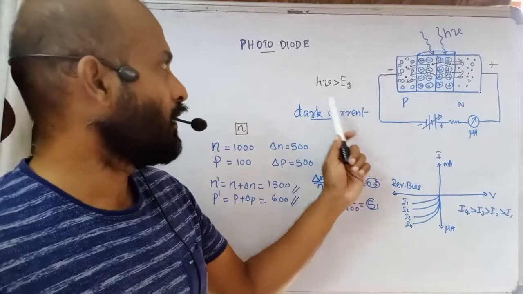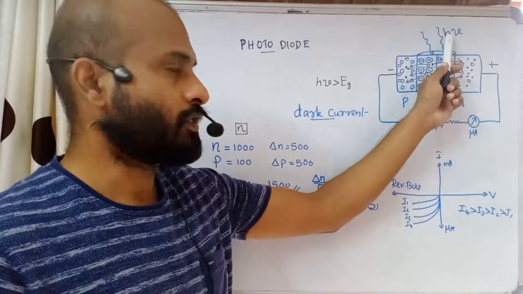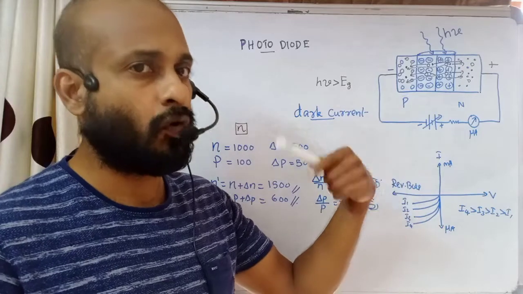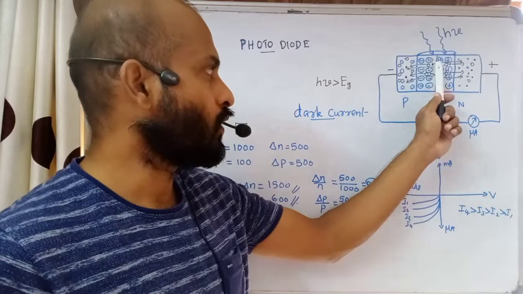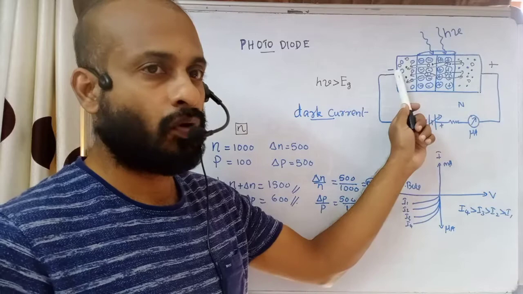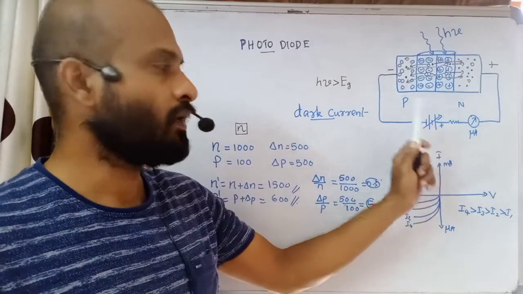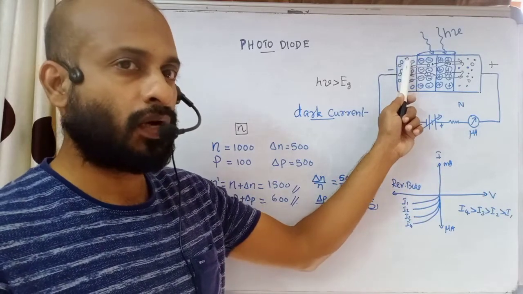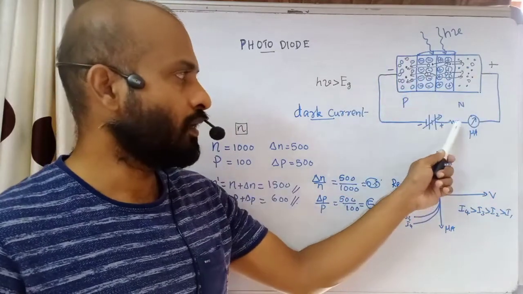Here we have seen a photodiode. It is reverse biased. When light falls on the junction, if the energy of the light, h nu, is more than the band gap, electron hole pairs will be generated from the covalent bonds. Electrons are swept to the n side because of the high positive potential, and holes to the p side due to negative potential. Then the number of electrons increases here, and the number of holes increases here. Electrons will start to move towards the positive of the cell. Then from the negative of the cell, electrons will move to this side. They will neutralize those excess holes. So current conduction is possible. Current flows in this direction through the resistor.